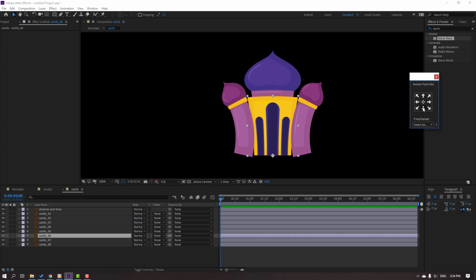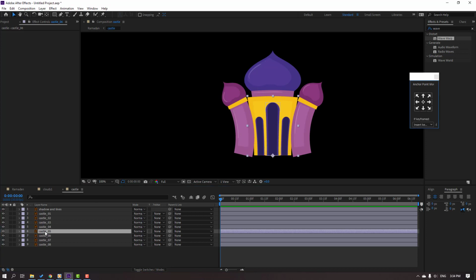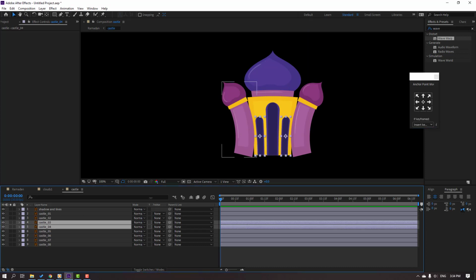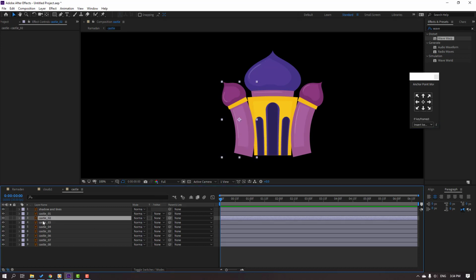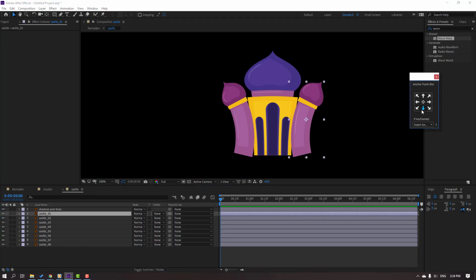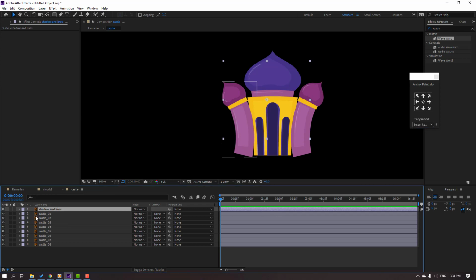Move this anchor point down and this castle, again down, and this left and right purple layers, move down. Okay, and select this castle 2, move down again, and castle 1, move down, and